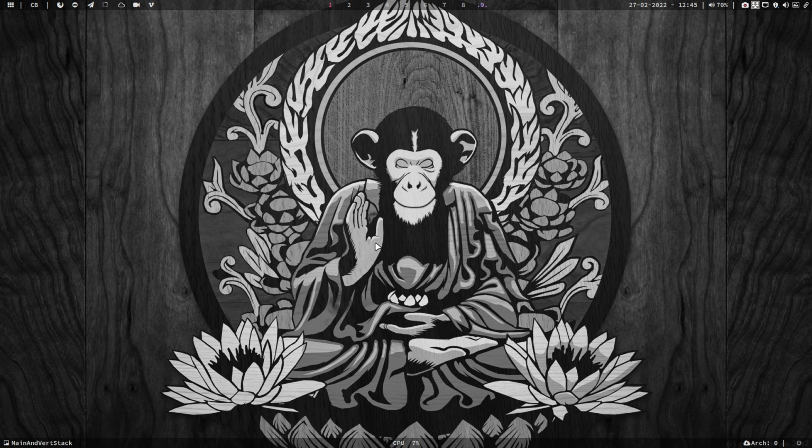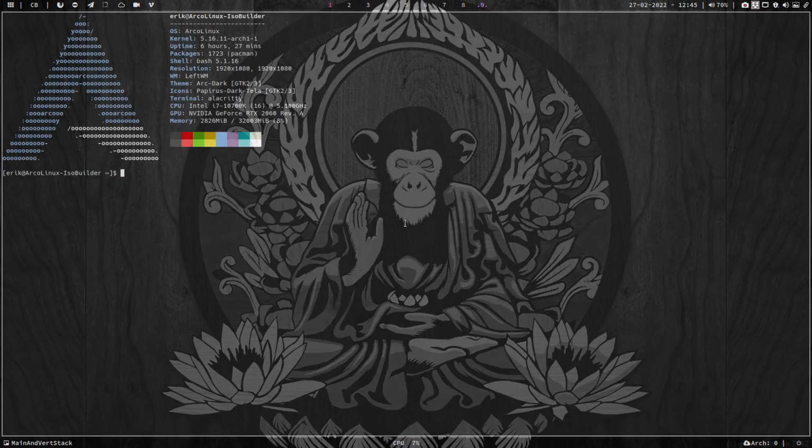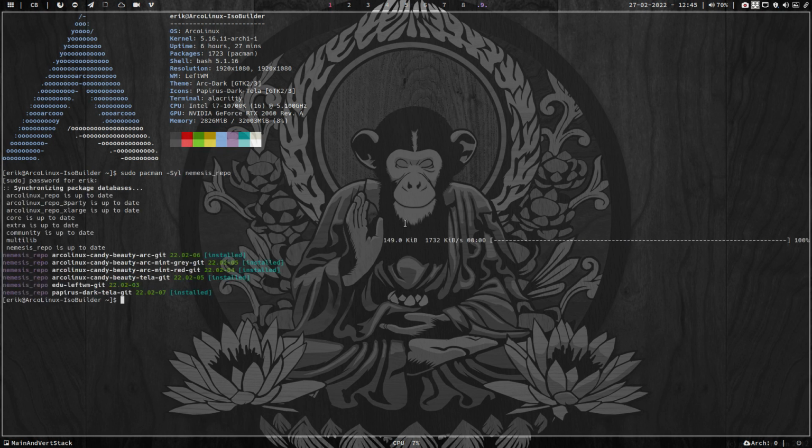I made an example with LeftWM. I'm going to go down that path a little bit more. So mine is Sil and then Nemesis. This is what I have, me personally, on my repo. So this can be your repo, right? Make your own package, make your own repo, add it to the ArcoLinux ecosystem, and you can replace, in this case I made a video about LeftWM, the configuration of LeftWM of ArcoLinux is thrown out and you put one back in that you create, your choices, your icons, your themes, etc.